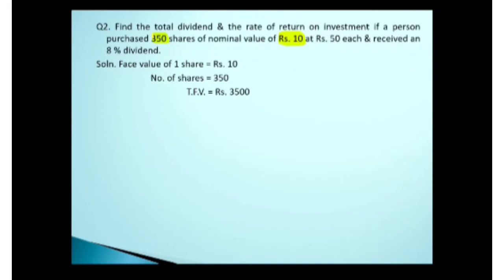After this, do you remember what it was? It was the rate of dividend that we had written earlier. What is the rate of dividend in this? How much is it? 8%. So take down the rate of dividend as 8%. And now you calculate your total dividend. So see what formula was used in the last problem. What formula did I give for total dividend? Use that particular formula, and then we will carry ahead and see what is to be done.